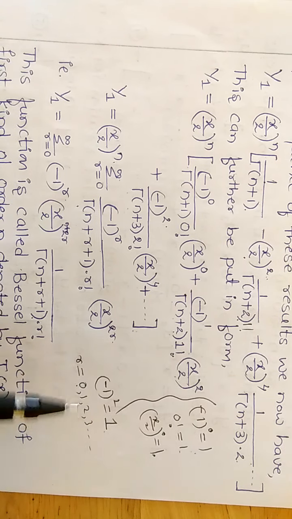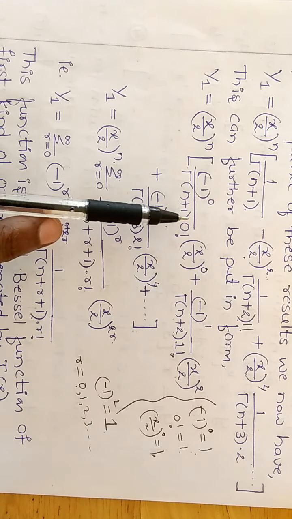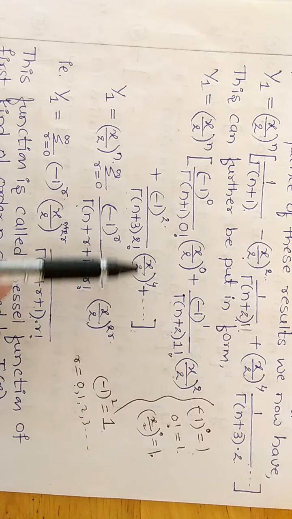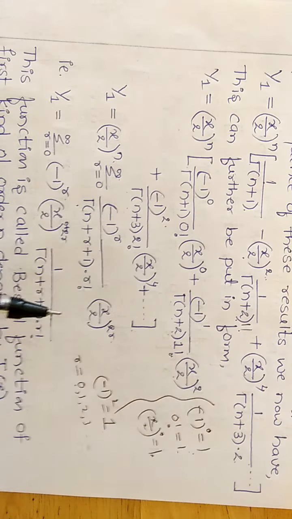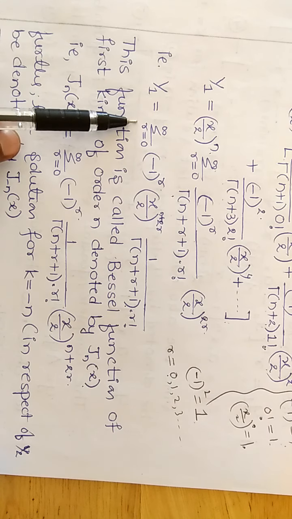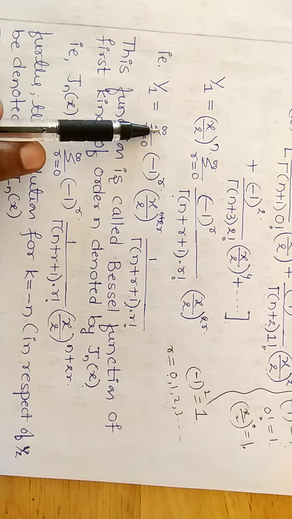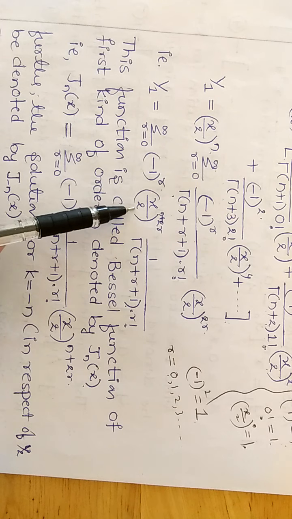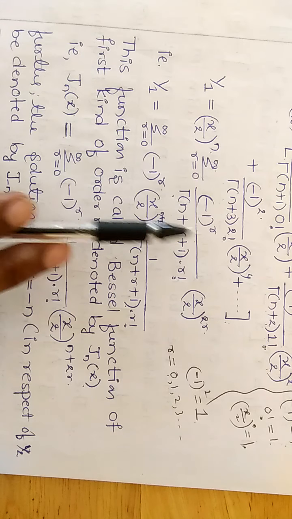If r is equal to 0, we get the first term. If r is equal to 1, we get the second term. If r is equal to 2, we get the third term and so on. So clearly the value of y1 is equal to summation r running from 0 to infinity, minus 1 raised to r, x divided by 2 to the power